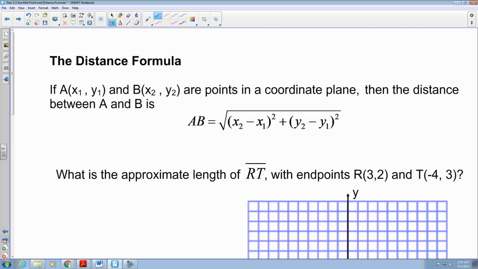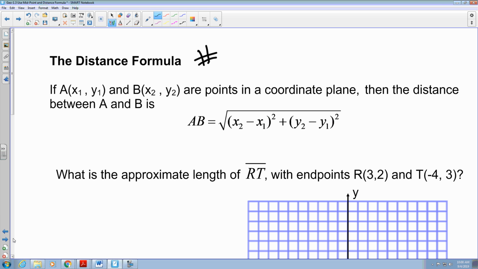Now, the midpoint formula gave a coordinate. The distance formula now is just going to be a number. Okay, so it's a distance. It's not a coordinate, it's a distance. So you're going to get just a singular value for whatever the distance is between